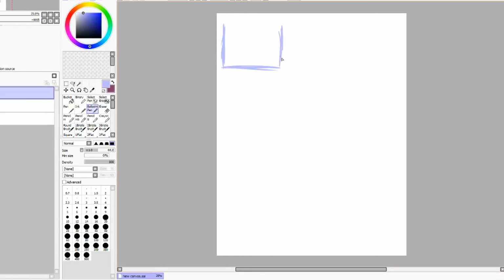So, what I'm doing right now is I'm going to draw a thumbnail, and a thumbnail is basically a miniature version of what you're going to be doing in the scene. It's okay to have multiple, and in fact,